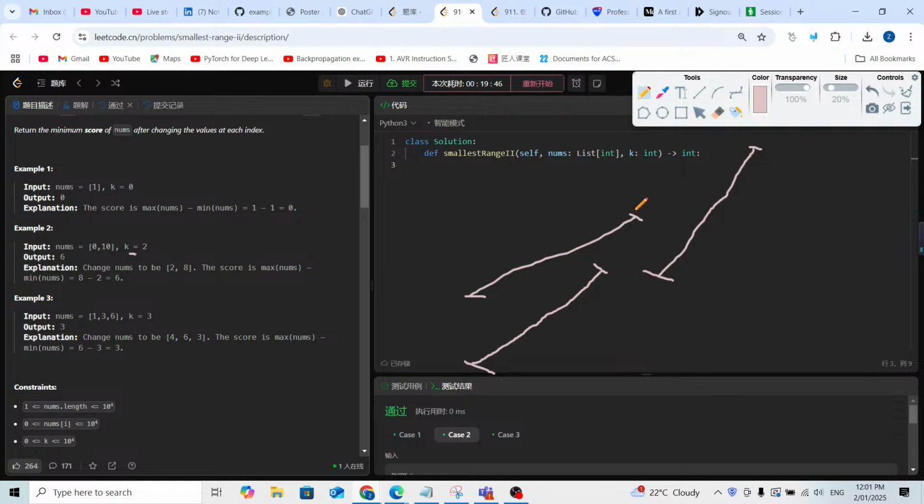So no matter if we increase the value of k or decrease the value of k for each of the numbers, the final result is going to be the same. I mean, the maximum value minus the minimum value is going to be the same. So for the